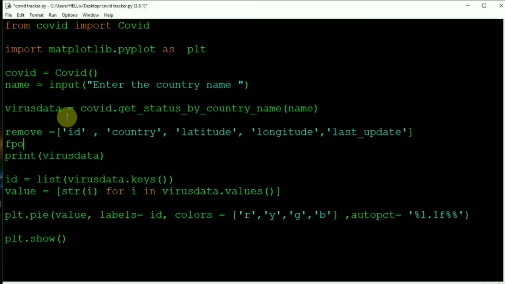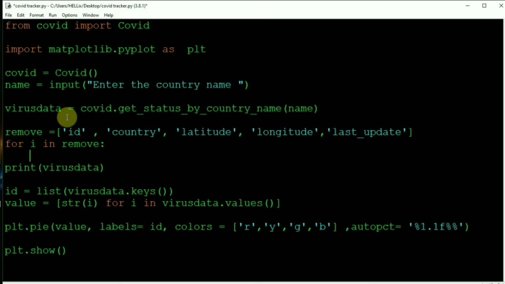So for i in remove: virus_data.pop(i). I need to pop each and every value of remove, that is ID, country, latitude, longitude, and last update, because I don't need them. The country name I already took from the user, and all these other things are already with me, and these are void, I don't need them.